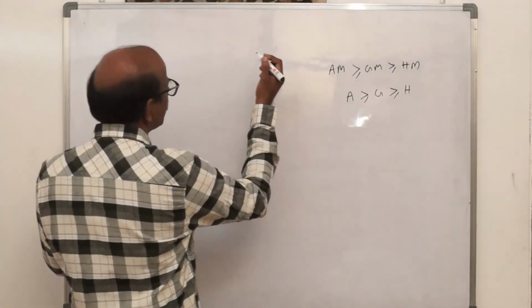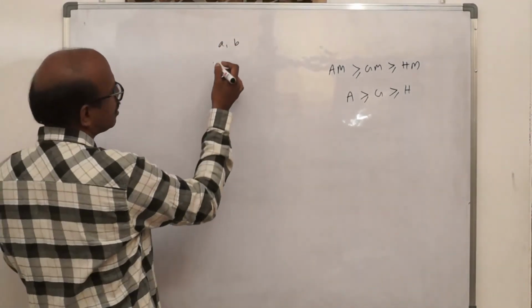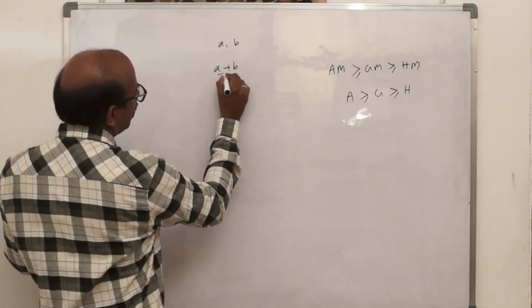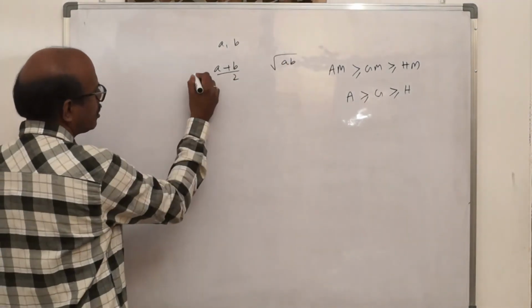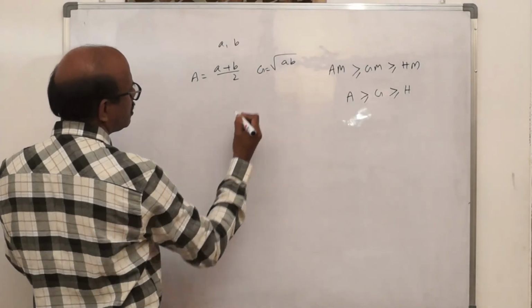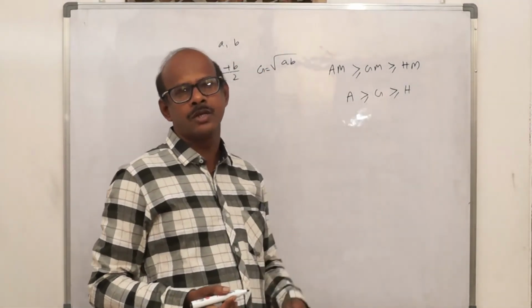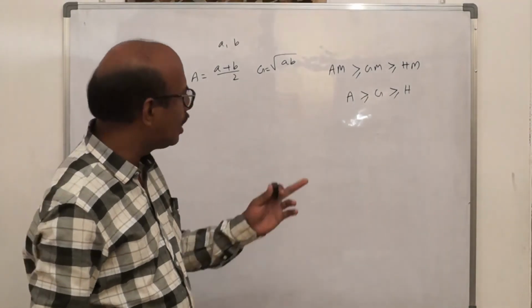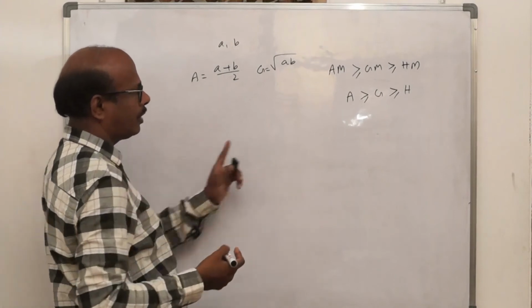Right, let us consider two positive numbers, A and B. A and B are two positive numbers. A means arithmetic mean, A plus B by 2. Geometric mean or mean proportional is root AB. This is A and this is G. Now first I am going to prove this result. Based on that, many more questions linked with the inequality. So for proving the inequality